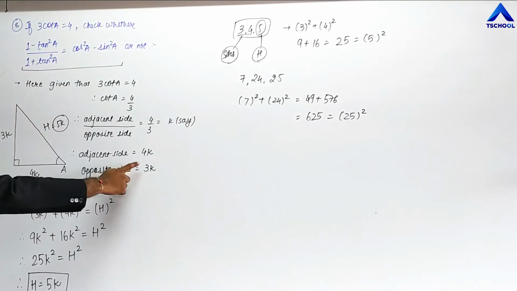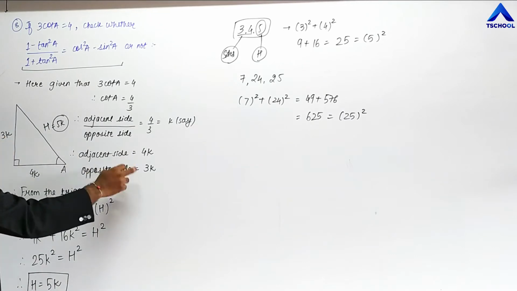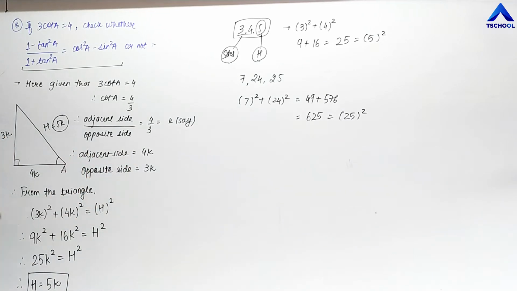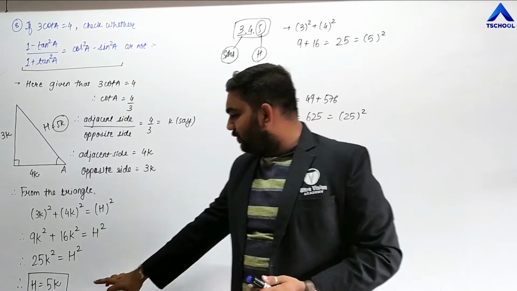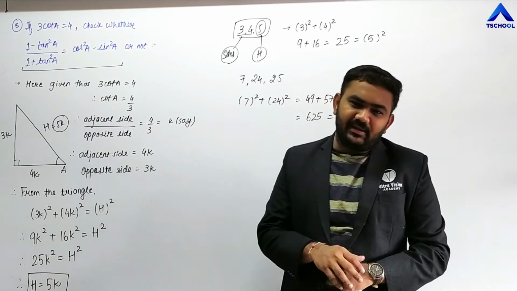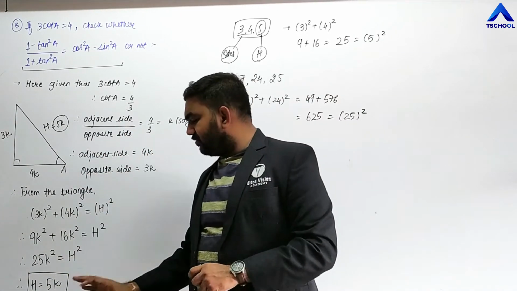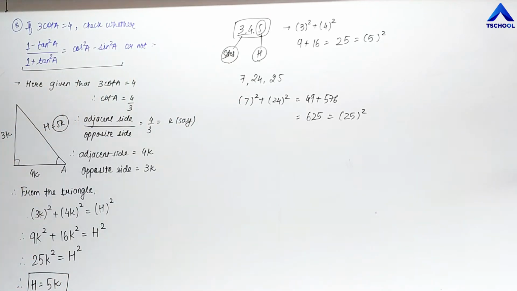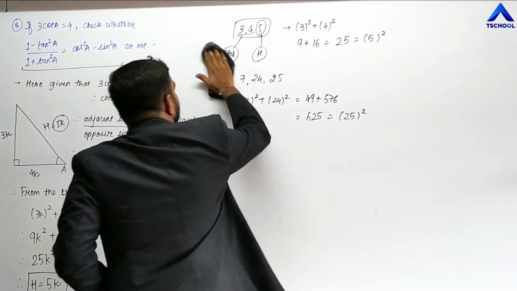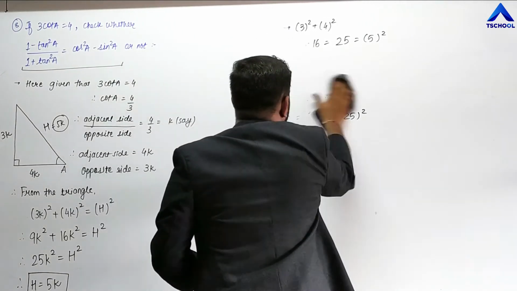You can see here that adjacent side is 4k and opposite side is 3k. So that is adjacent side and that is the opposite side. So you can directly judge that our hypotenuse will be compulsorily 5k only. You can directly judge it without performing any calculation, but you need to show some calculation here to check whether that goes for 5k or not. So hypotenuse we got here as 5k. Is it clear? So those are known as the Pythagoras triplets.